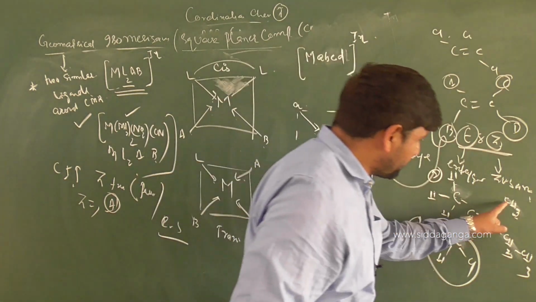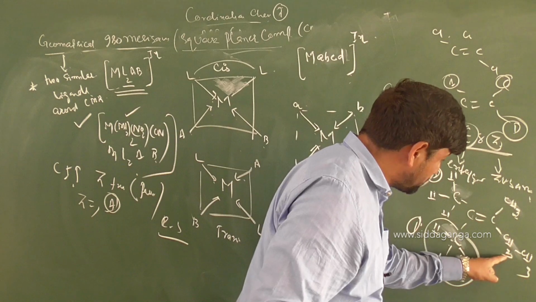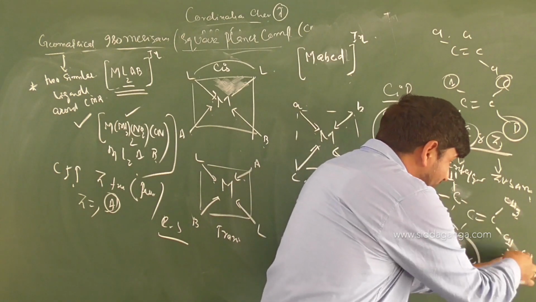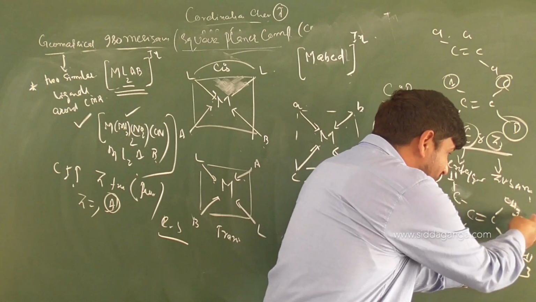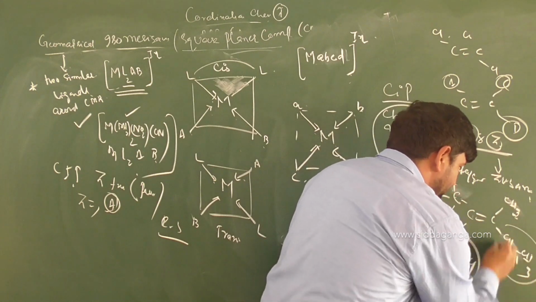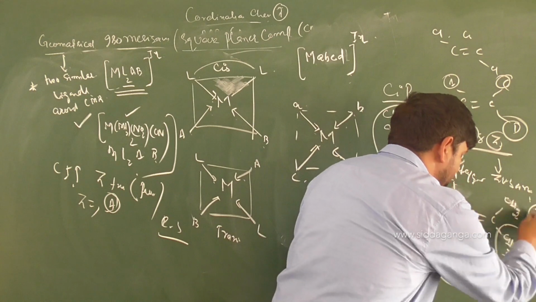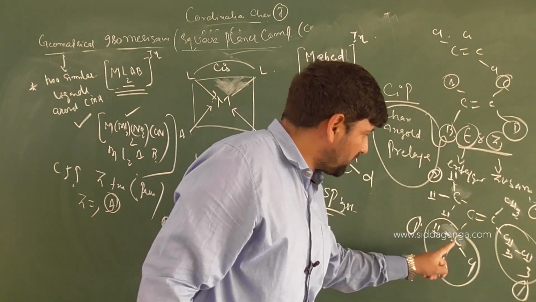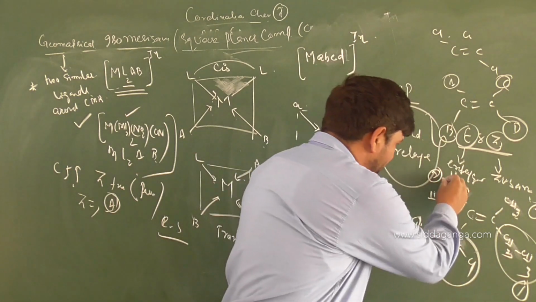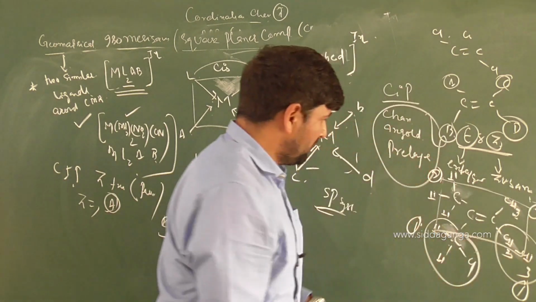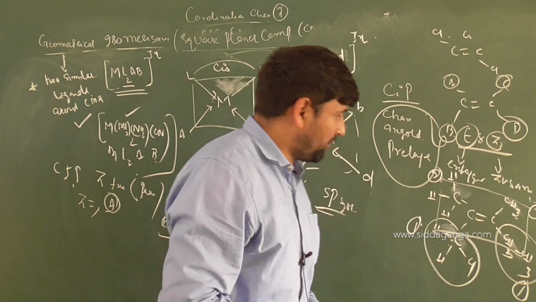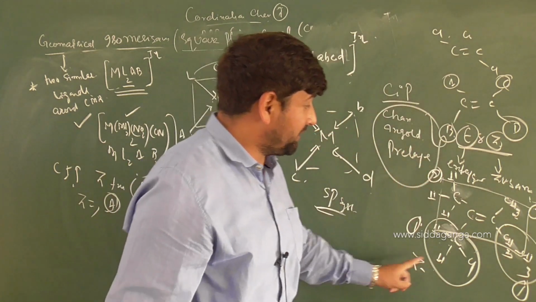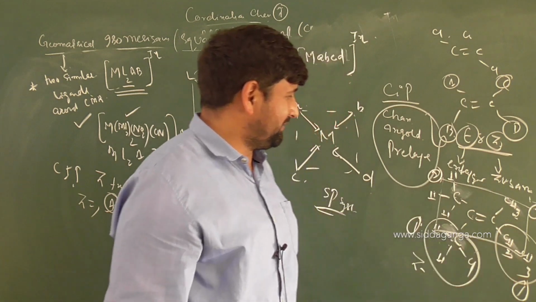On the other side, what is the group here? CH3. Here it is CH2. That means there are 3 hydrogens here and only 2 hydrogens here, then linked to carbon, this is linked to hydrogen. So the first line of difference tells us this will be prioritized. This will be 1, this will be 2. Now you see the priority groups are on the same side of the double bond system. Because they are on the same side of the double bond, they are called Z isomers. So when you name it, it will be in terms of Z. Then you know how the nomenclature works.